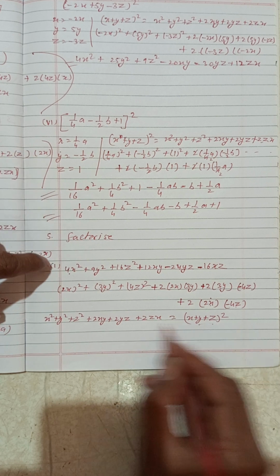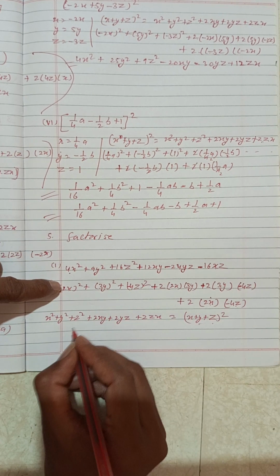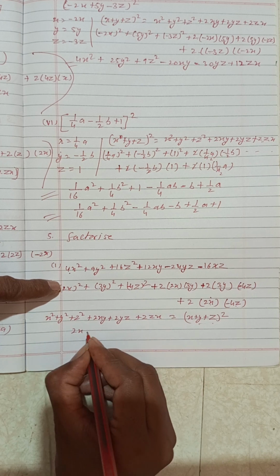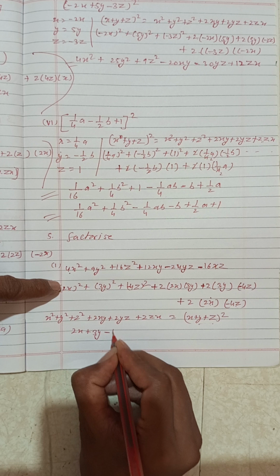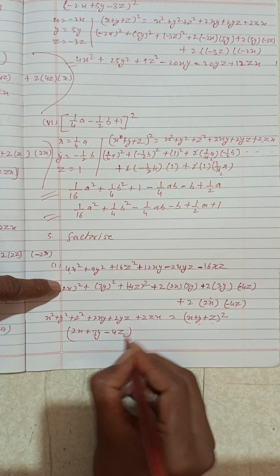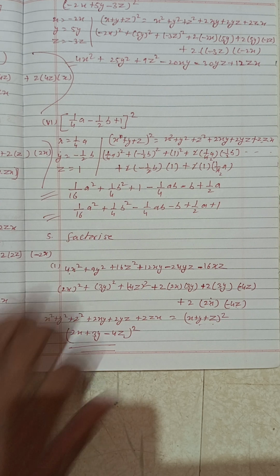So what x value did we get? We got 2x, and in that z, so here also minus, so x is equal to 2x, y is equal to 3y, z is equal to minus 4z, and hence that is the answer for this question. Let's take another question so that it will be cleared up.